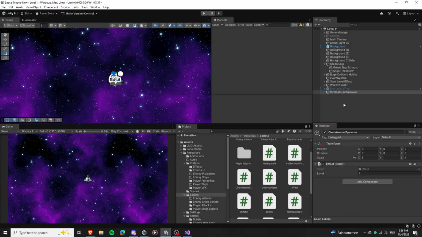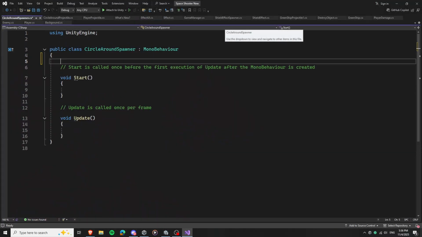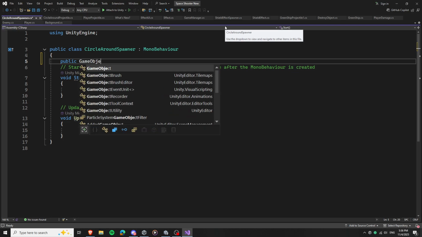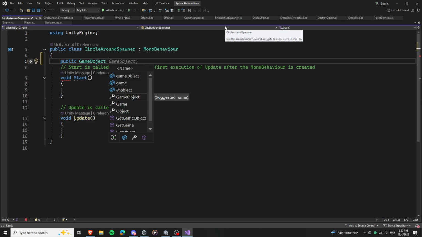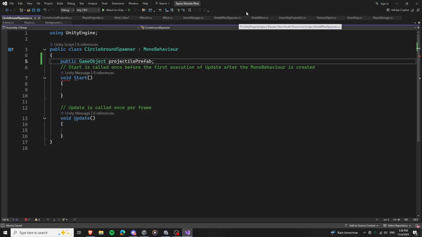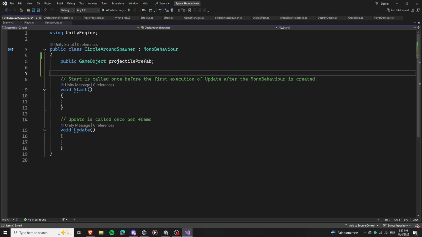Okay, so now let's attach the script to this spawner. Open that script. For this, we need the prefab of the projectile. So we say public GameObject projectilePrefab. We also want a public integer, number of projectiles, or let's say numberProjectile. And then we want